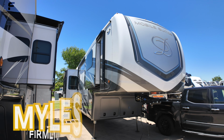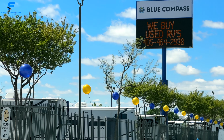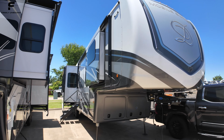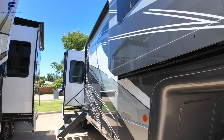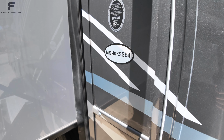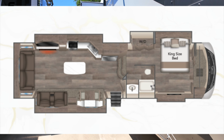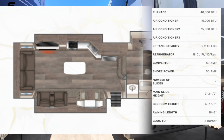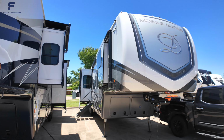If you're new here, my name is Myles with Firmly Unbound, and we are here at Blue Compass RV today in Dallas, Texas, taking a look at this 2024 DRV Mobile Suites. The model number on this is a mouthful, so I'm going to come up to the door so we can see it. It is a 40KSSB4, as you can see there, and you'll be able to see the floor plan layout and the specs on the screen. This is definitely a very popular floor plan layout from DRV Mobile Suites, and it is a huge